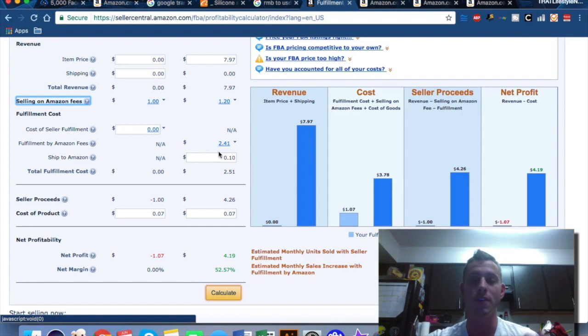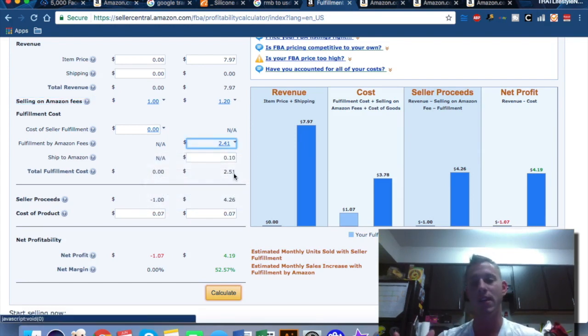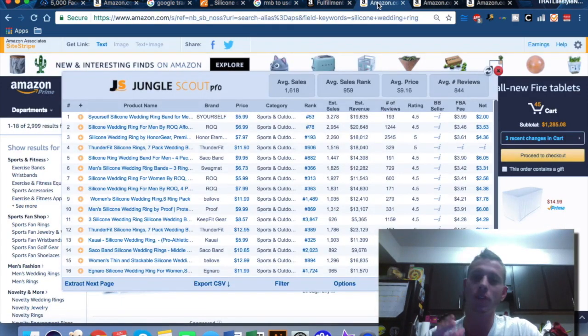So you're paying $1.20 in selling on Amazon fees. You're paying $2.41 per fulfilled unit, right? So we're looking at those same costs that we looked at from our other sheet where we were showing the Amazon fulfillment fees. And then after all of that, with our ship to Amazon fees, with our cost of product per unit fees, it shows us that we're actually selling at a 52 to 53% net margin. And so if we're selling at $4.19 of net profit per unit,